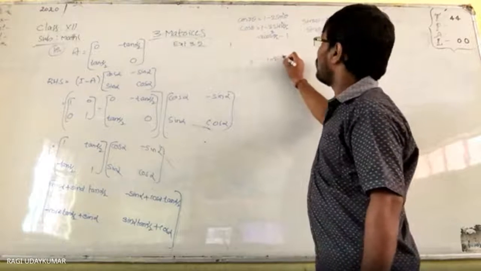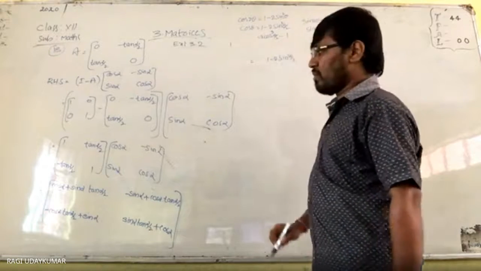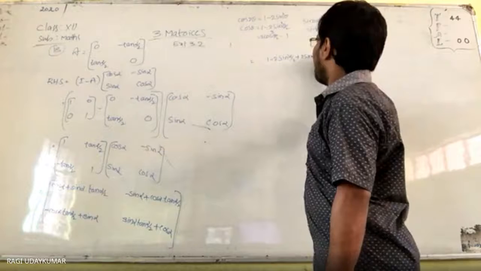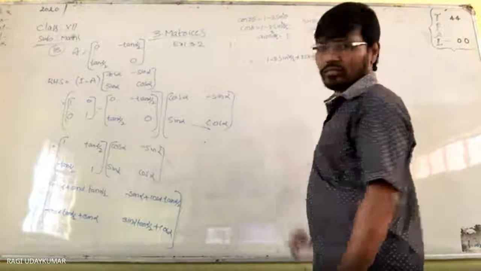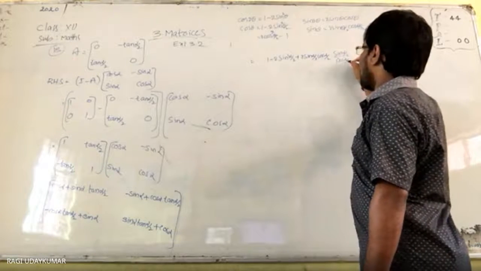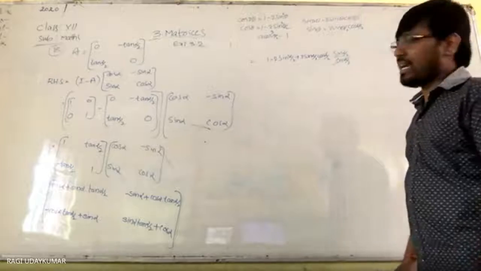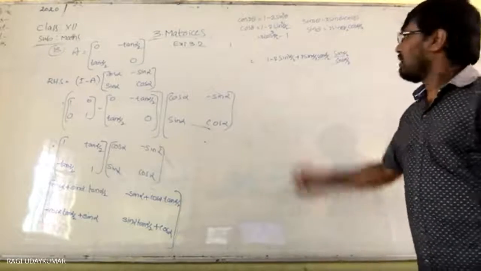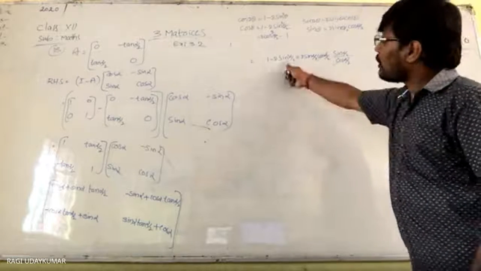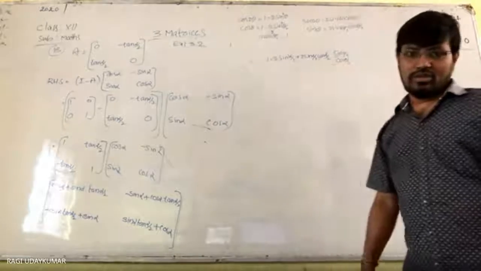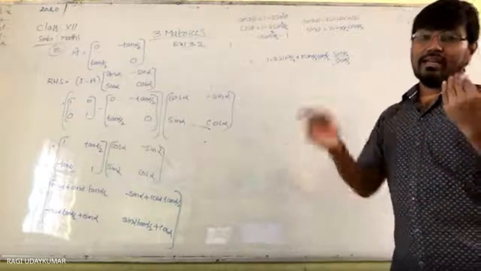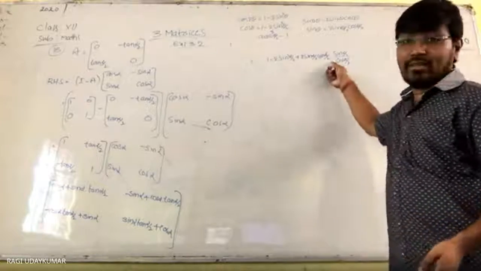Suppose if you take 1 minus 2 sin square alpha by 2, and here if you write 2 sin alpha by 2 cos alpha by 2, and tan alpha by 2 can be written as sin alpha by 2 by cos alpha by 2. So cos alpha by 2 cos alpha by 2 will get cancelled. 2 sin square alpha by 2 you will get. Here minus 2 sin square alpha by 2. So both get cancelled and you are going to get back. So that's why better you take this one instead of 2 cos square alpha by 2. Suppose here 2 cos square alpha by 2, if you get, again cos square alpha by 2 should be written as a sin. As you are getting sin here, better you take sin.